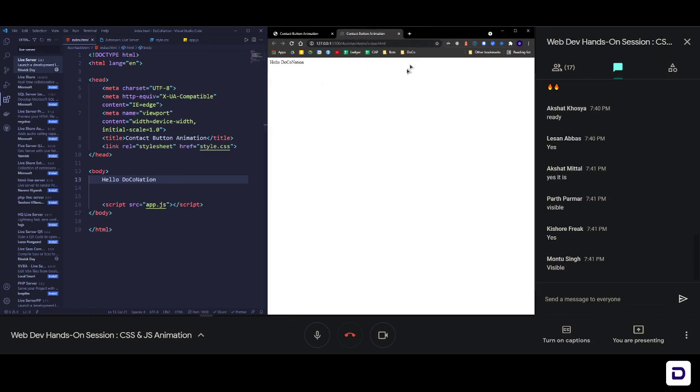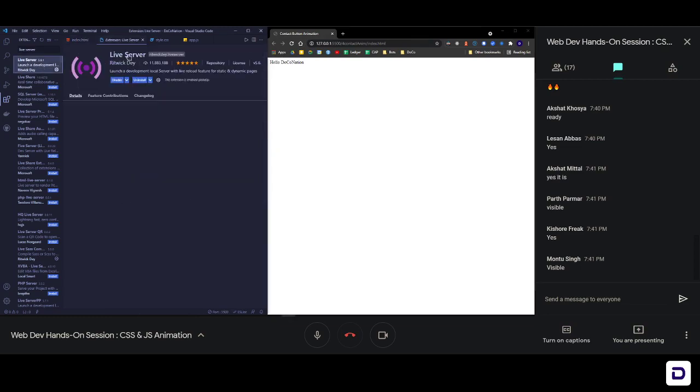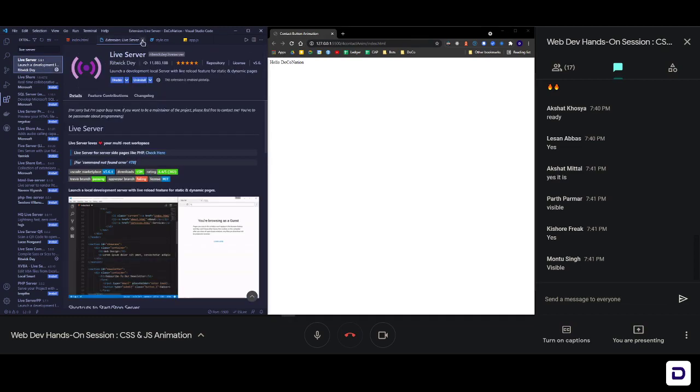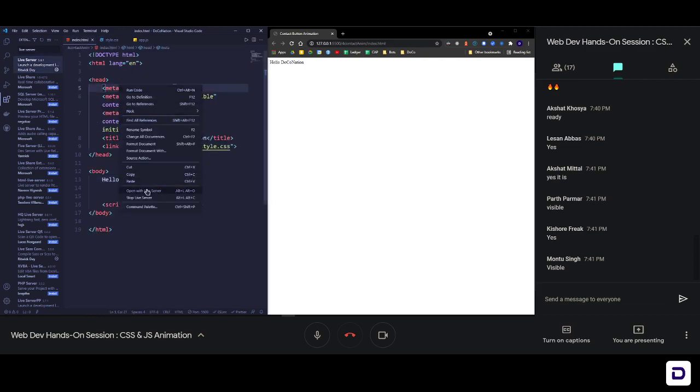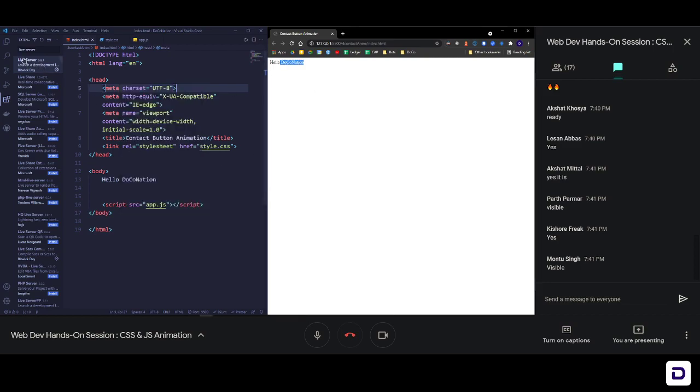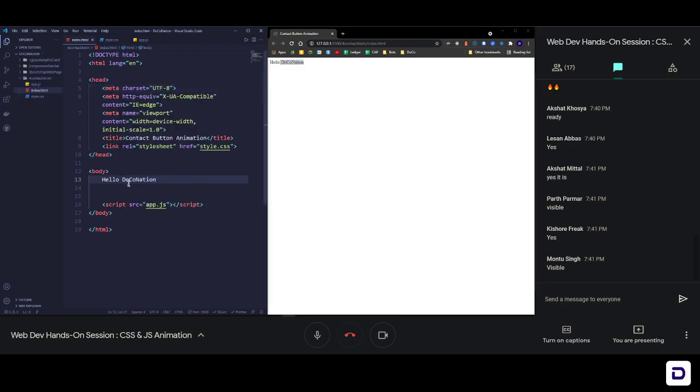On the other hand, the one which has Live Server running automatically updated, and to update this one you'll have to reload. To get rid of that, we will use this particular extension, which is Live Server by Ritwik Dey. Go ahead and install it, and you'll get it by right-clicking on the code and clicking on open with Live Server. That's how I did it, and now I have this running. Let's do another check: go back to hello world and save it, and you can see that we have hello world again.